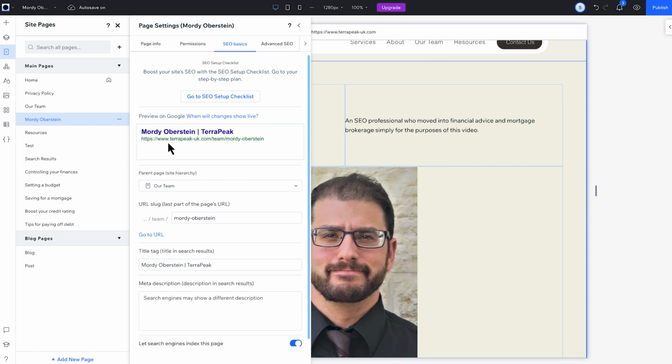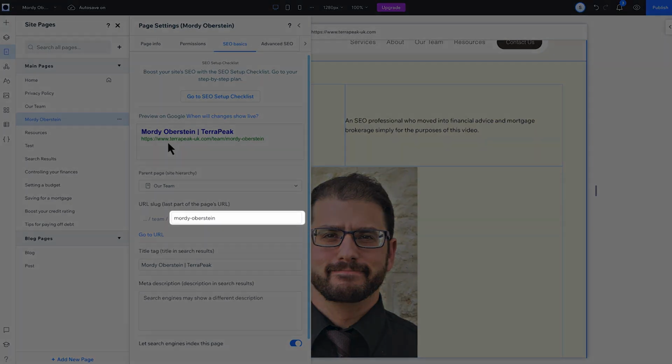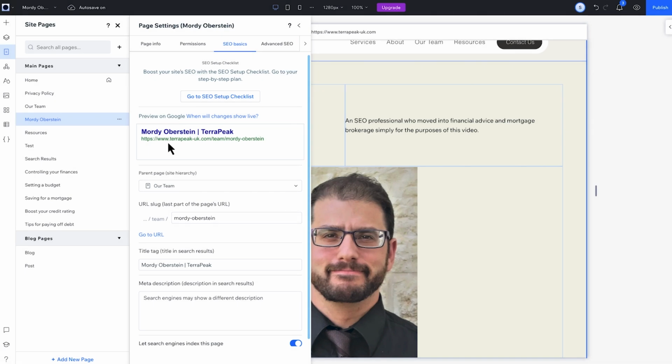Once the panel is open, one of the very first things you'll see is the field to update the URL slug. While URL slugs don't have a huge impact on your SEO directly, you should still customize them to help users understand the logic of your client's site. So let's change this one to